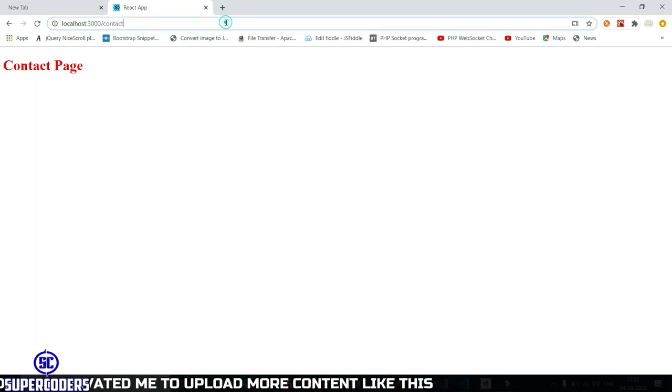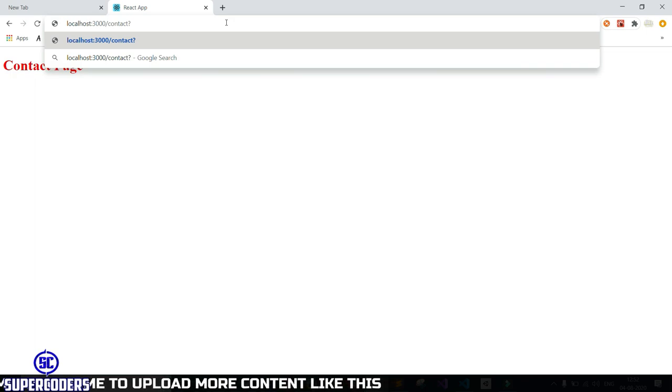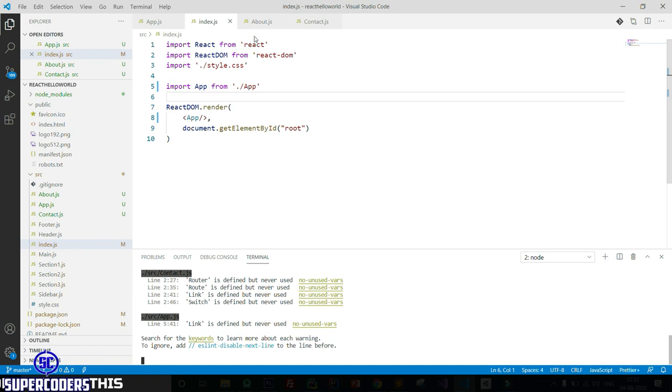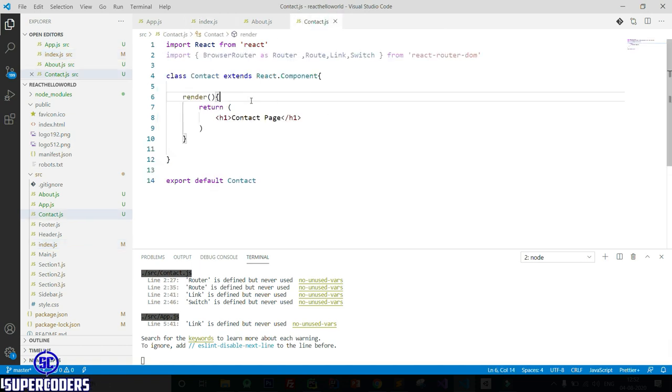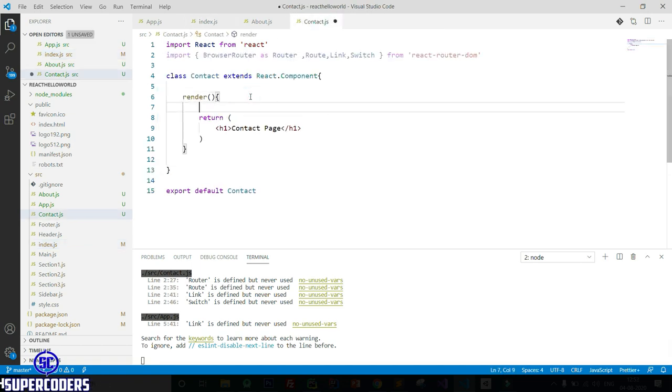Now let's see how you can access a value like data equal to data1. So how you can access this URL value in your component. So let's see. So I am accessing value in contact page. Now let's see how you can access the URL value.